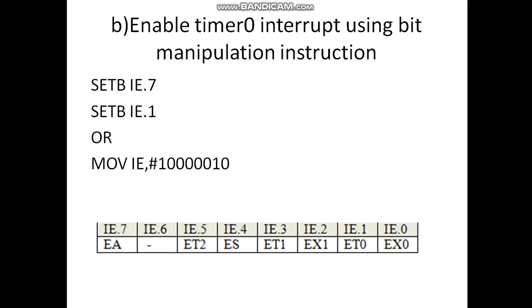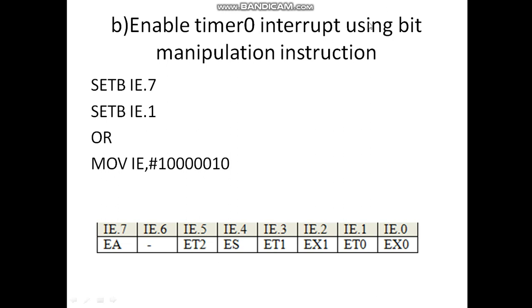The next one: we need to enable timer 0 interrupt using a bit manipulation instruction. Here both bit oriented as well as byte oriented instructions are shown. First you have to make the EA bit 1, then only the other interrupts get enabled. So set bit IE dot 7, that means you are making the interrupt enable bit 7 flag 1.